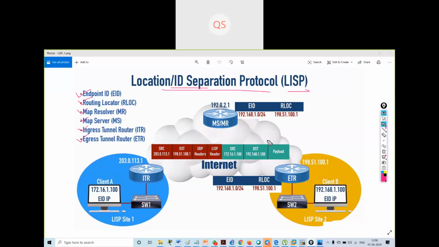Now what LISP does is separate a single IP address into two parts.